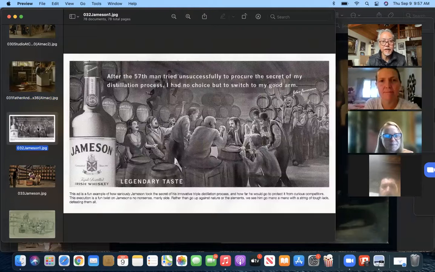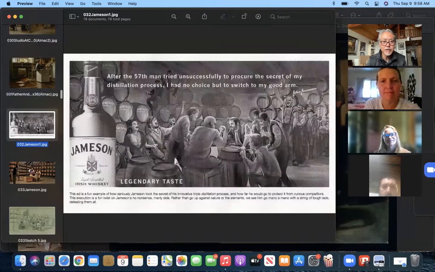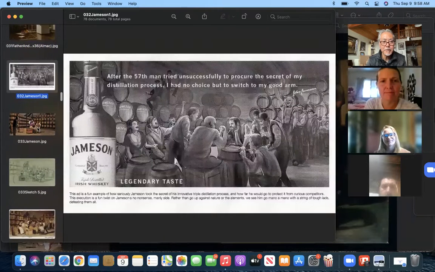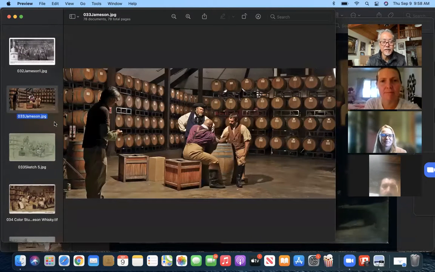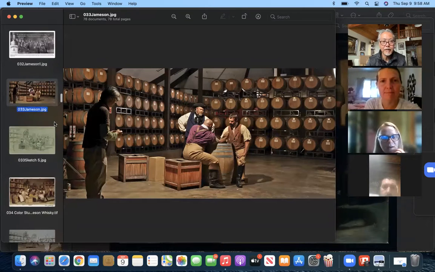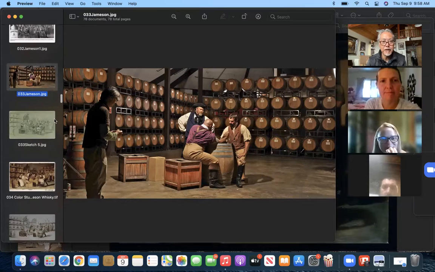It's also an interior. I did a commission for Jameson Whiskey. They were looking for somebody to do an old master's 17th century style painting for their Jameson Whiskey ad. So this was the concept. And they actually paid me, I think they spent like $11,000 for a photo shoot where I hired models and had a location in a winery. And here I am, you can see, directing a photo shoot for models for the painting.